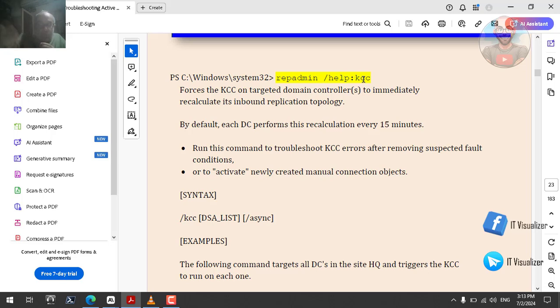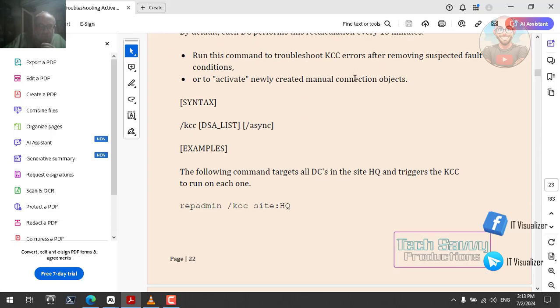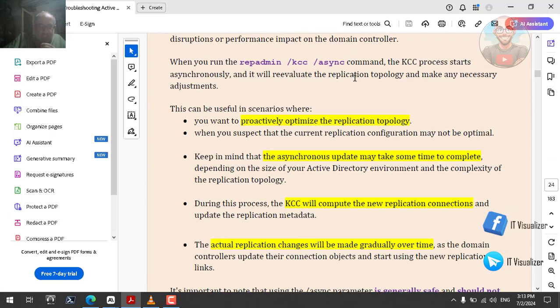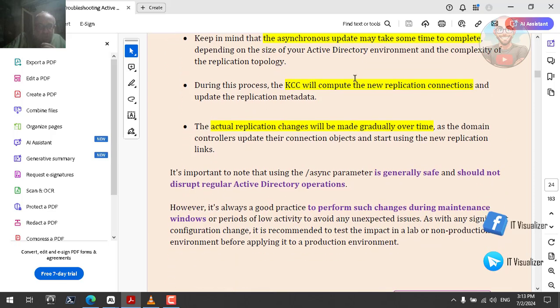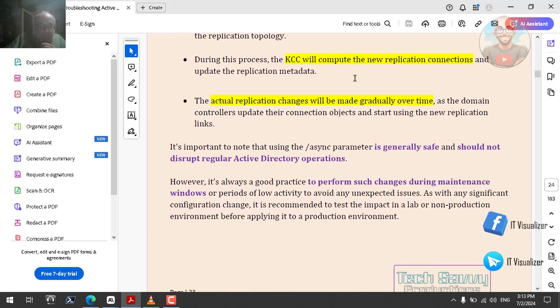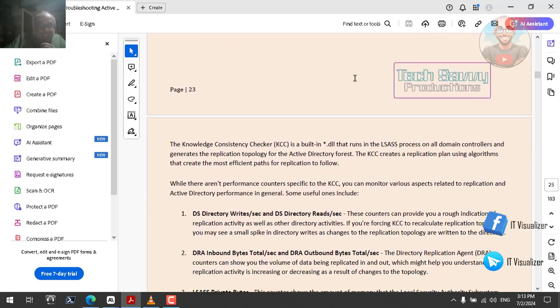If an old domain controller was removed from the network and this was not reflected in the replication topology, the KCC can fix that. So we will see all of that. We will see the terminologies, we will see the switches, and we will see a real world scenario of how to use the KCC